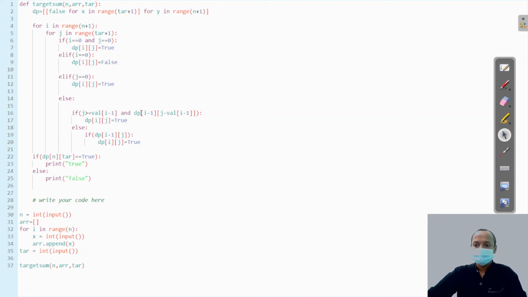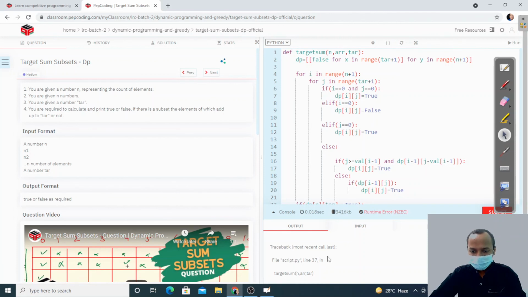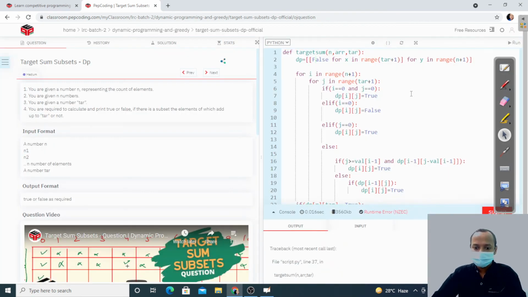Okay, now let's check our code. Run this code. See what we get. There is an error. False is not defined. So this is capital False. Now run this again.